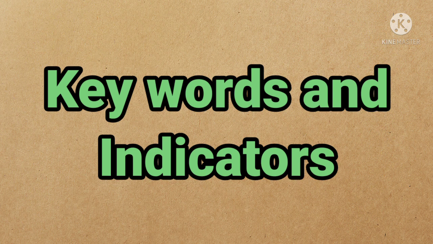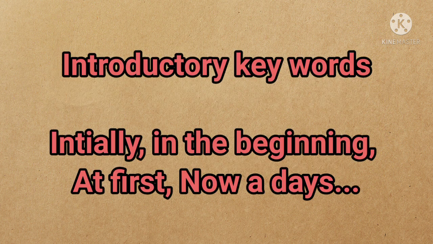So first of all, there are so many keywords, or they are known as indicators. Let's see some examples of introductory keywords. That means there are some words that will indicate that a sentence or action occurs at first. Like nowadays, it's a general statement. A, an, or beginning, in the beginning, some general way of starting the paragraph. So in that way you can find the first sentence very easily.